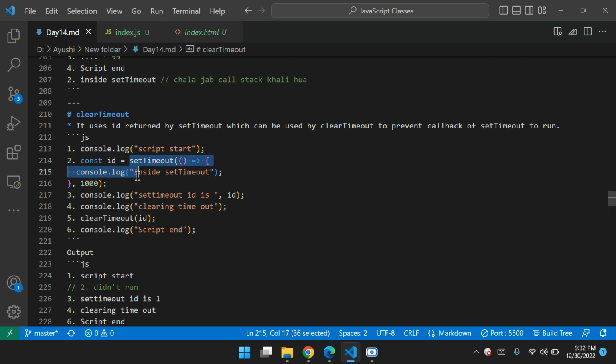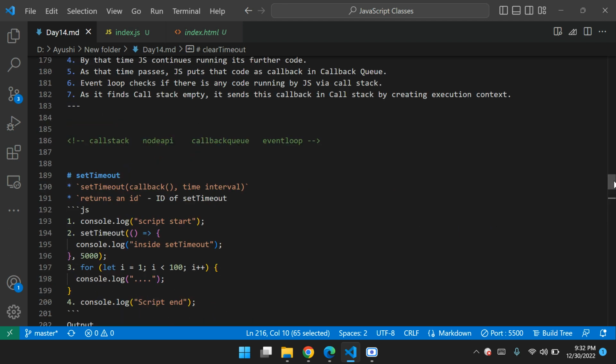Similarly, every setTimeout gives some kind of ID. It leaves some ID as a return value. So it returns an ID, and here we are storing this ID. And there is another function which is clearTimeout. If we pass this ID to clearTimeout, it says that we will not call this setTimeout, it will simply cancel it. Let me tell you what is happening. See,